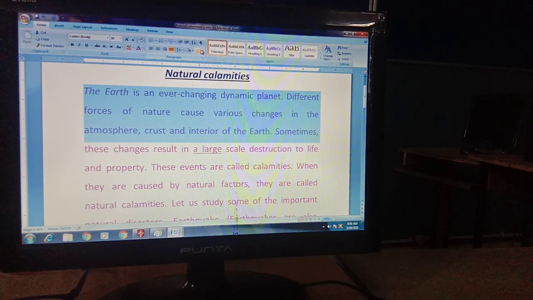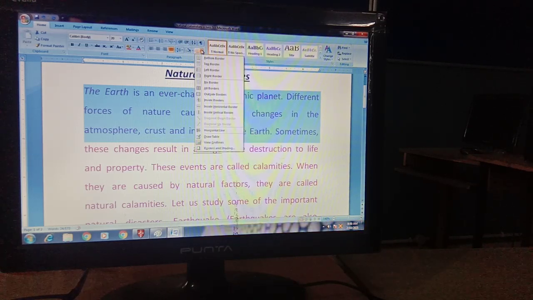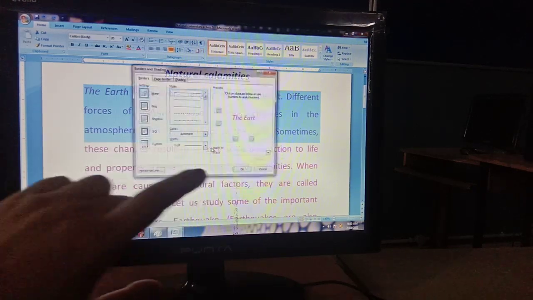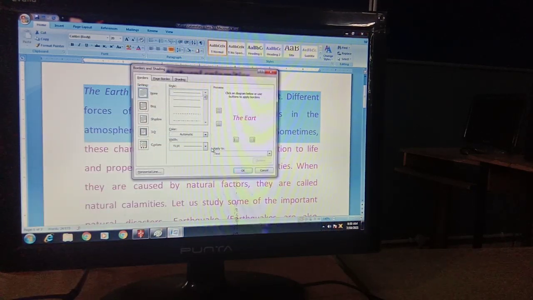Okay, this is your border button. So here you have to select, click on the Border and Shading option. As you click on the Border and Shading option, the Border and Shading dialog box will appear.